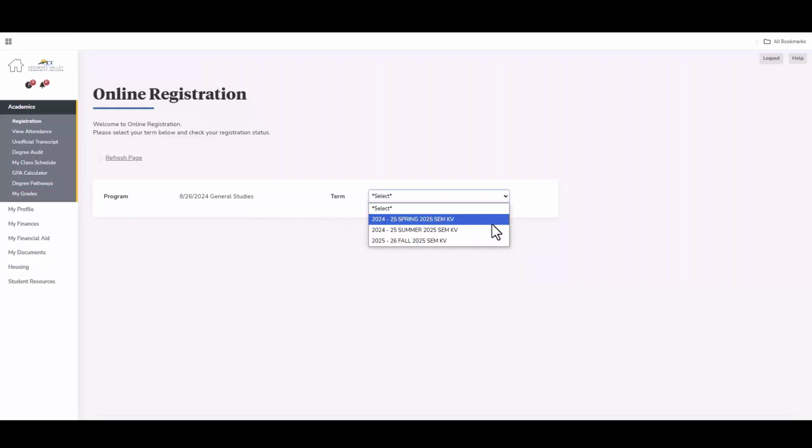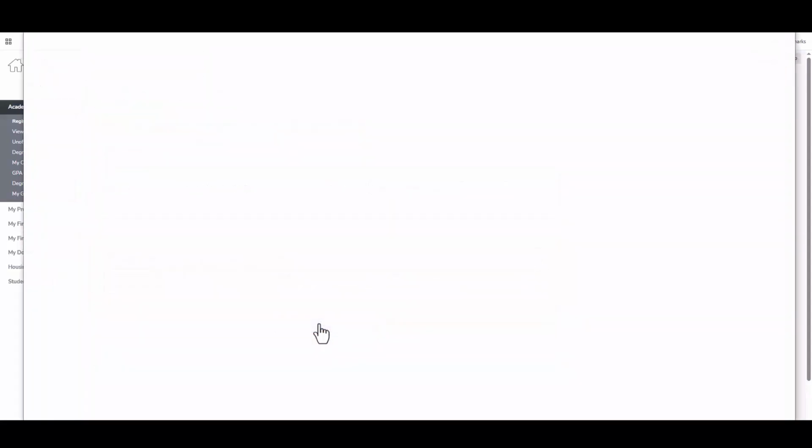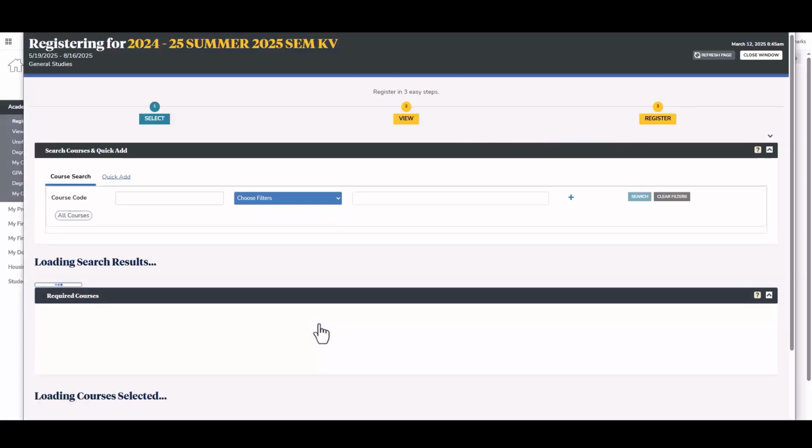Next, you will want to select the term that you are wanting to register for. On this screen, it will let you know if you are currently registered for any courses for that term. It will also tell you if the registration status is open for that term. Your next step is to click on the Register button. A new window will pop up, requiring you to have Pop-up Blocker turned off in order to access the registration